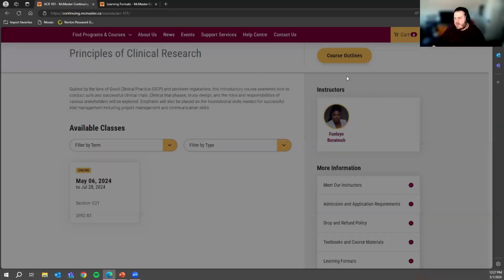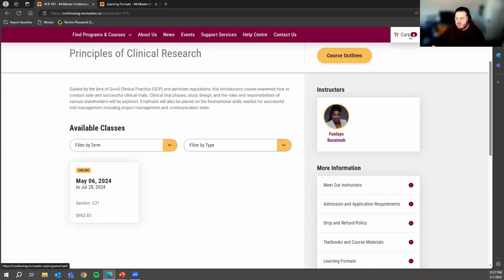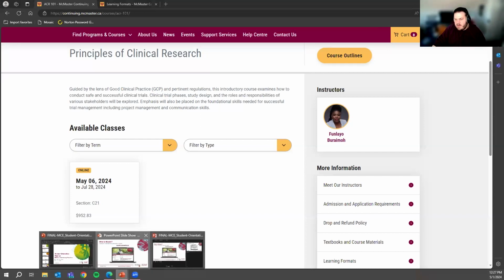And then once you add to cart, your cart is up here in the right-hand side. And once you have your selection that you're happy with, you're just going to go into your cart, and there's a button there that says proceed to checkout. And then you just follow the steps from there. Okay. So going back to our PowerPoint then,